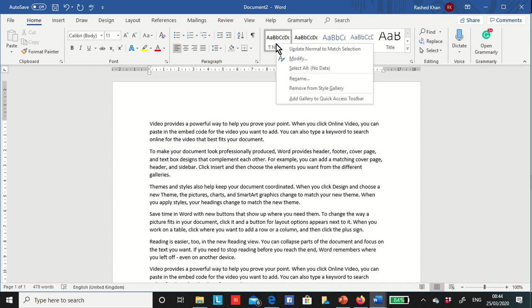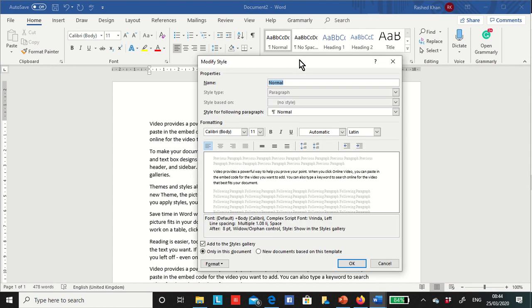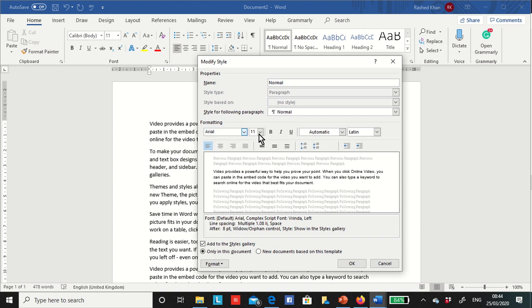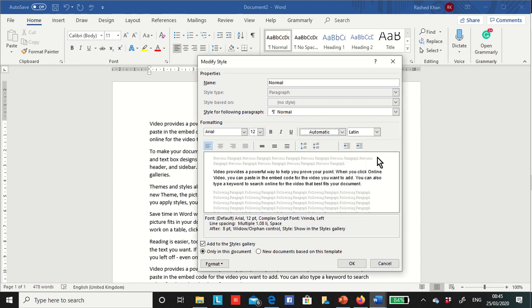So right click on normal, click on modify, change the font style to Arial, font size 12, font color automatic, not any other color, and alignment justified.